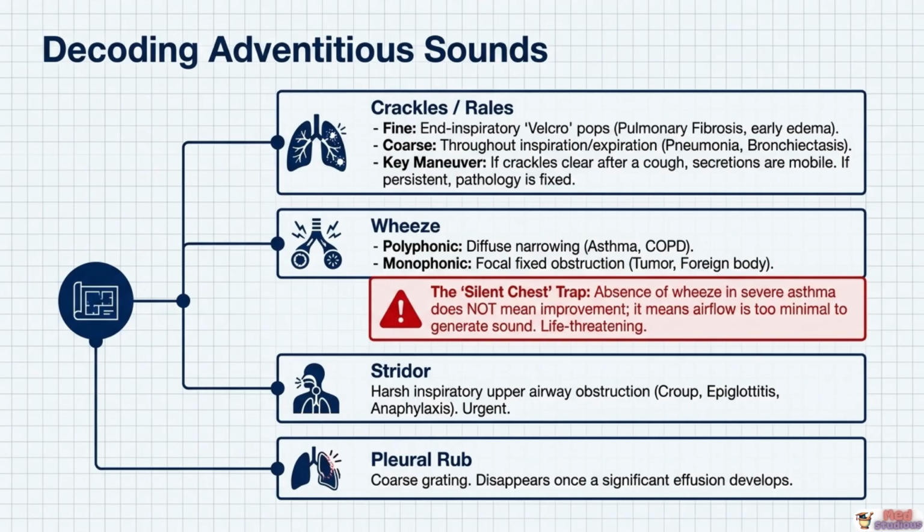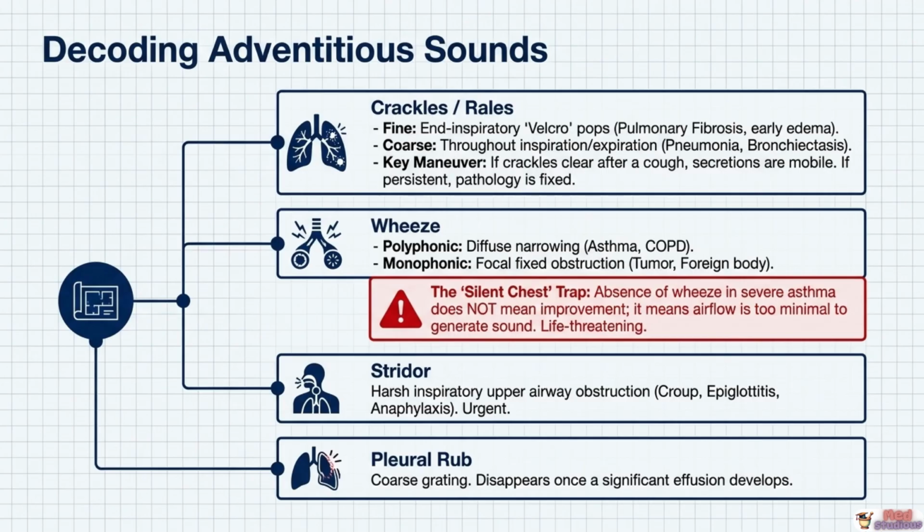Wheeze divides similarly into polyphonic wheeze, indicating diffuse airway narrowing in asthma or COPD, and monophonic wheeze, indicating a focal, fixed obstruction, such as a tumor or foreign body. An absolutely critical and frequently tested concept is the silent chest trap. The absence of wheeze in a patient with known severe asthma does not indicate clinical improvement. It means airflow has become so minimal that no sound can be generated at all, representing a life-threatening situation requiring